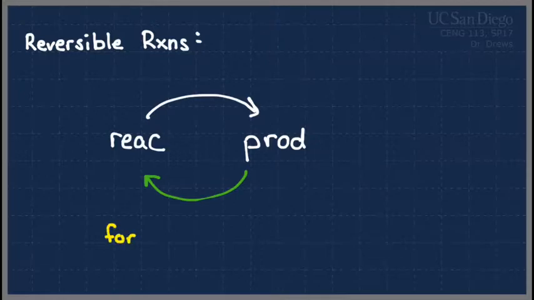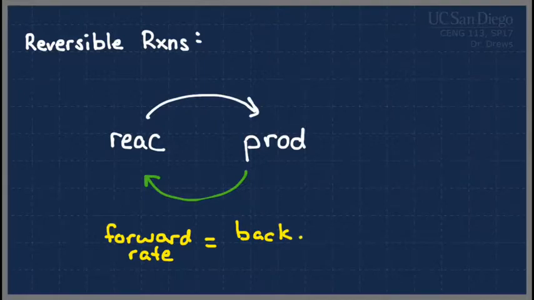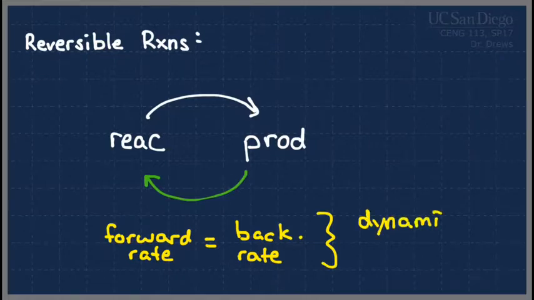Whenever you have forward rate equal to backwards rate, this concept is called dynamic equilibrium. So it's not that the molecules have stopped reacting. It's not that we ran the thing long enough and we made all the B we're ever going to make and we made all the A we're going to make, and now nothing is changing. It's constantly in a state of change, with the products going to the reactants and the reactants going to the products. This happens both in chemical equilibrium, which is a form of dynamic equilibrium, as in for reactors, but also